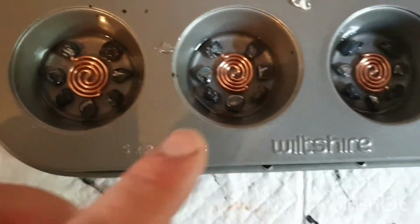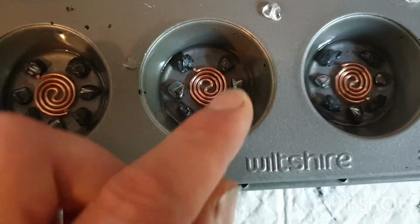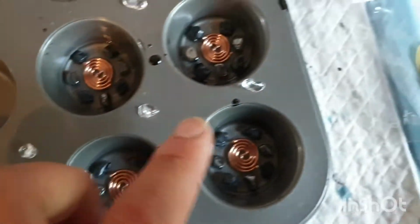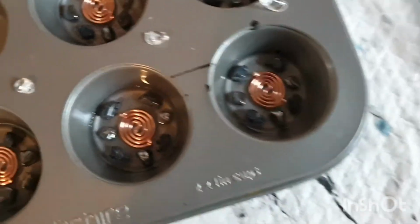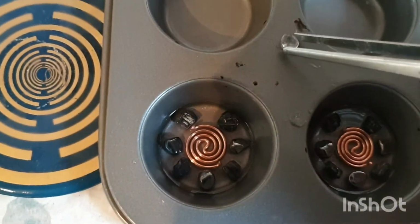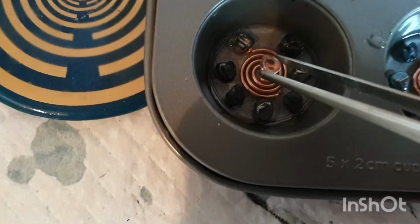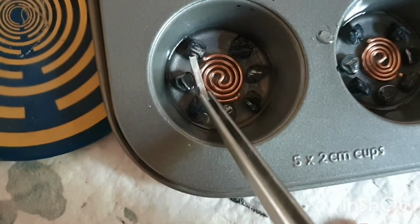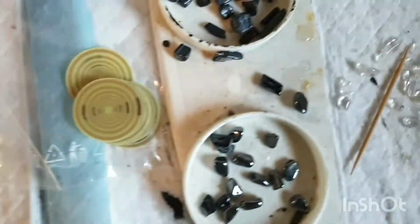So very thin, small, tiny, like just what we've done on the first layer, the front layer. And then what we're going to do is drop in clear quartz crystals, and they are going to be positioned smack bang, with these big old tweezers, right in the center there, okay? Then followed by a couple of selenite sticks on the outside, okay? And that's going to ensure that,